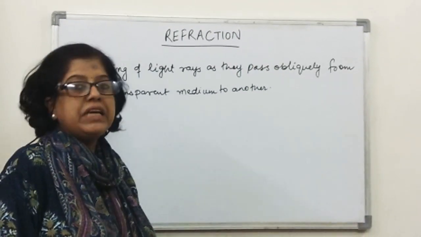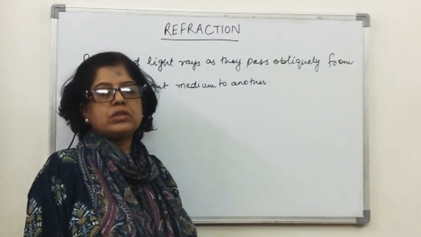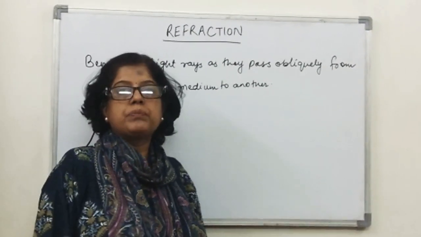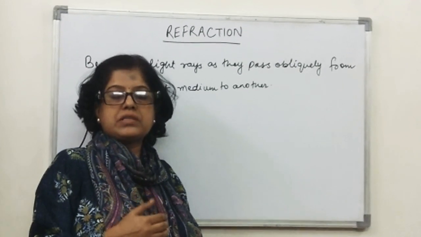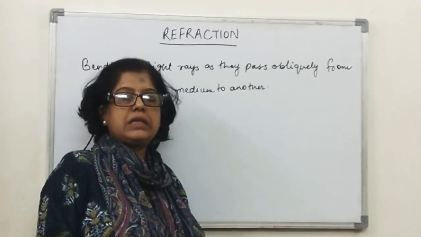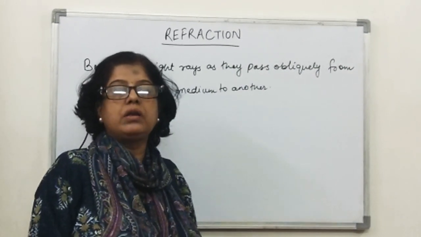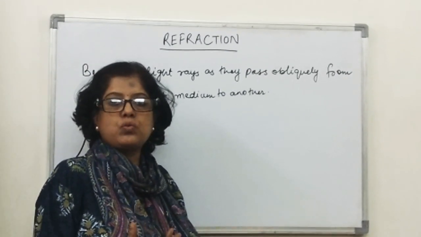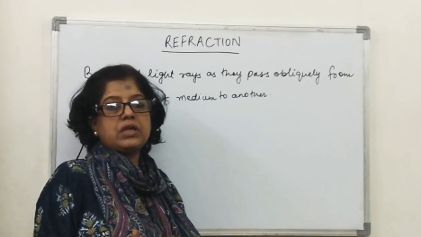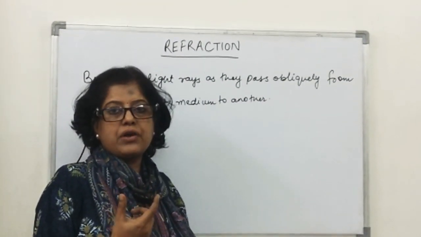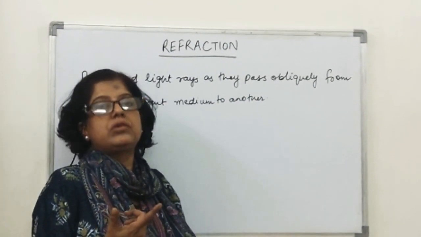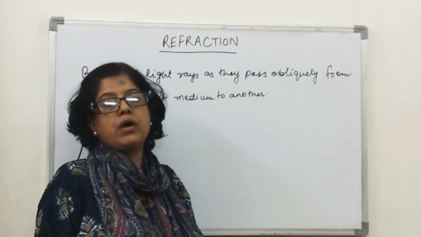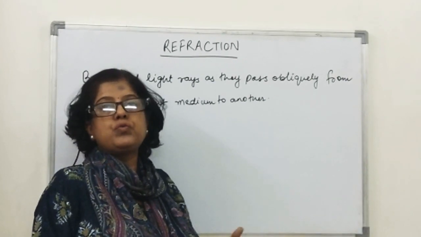You just saw three activities where you saw that when a pencil is dipped in water, it appears to be bent at the interface, and the part which is inside water appears to be swollen. In the second activity, you saw that when a lemon is dipped in water, it appears to be swollen. And in the third activity, you saw that when we look at an arrow through a lens, it appears to be bigger in size. Now we are going to learn about the physics behind what we just saw.